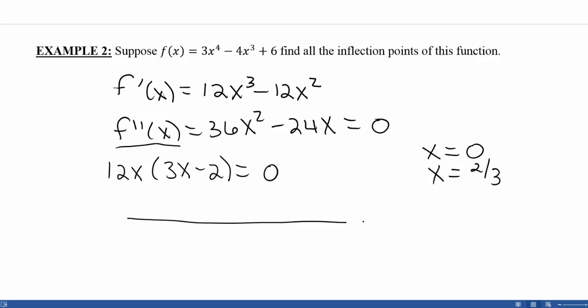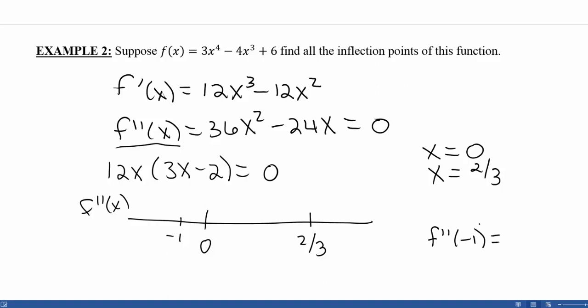So what that tells me is that the intervals that I need to consider for where my sign is possibly going to change is from -infinity to 0, from 0 to 2/3, and from 2/3 to +infinity. So I want to test out some numbers to see what the sign of each of these intervals is going to be. So I start by testing something a little bit to the left of 0. So again, I'm going to plug that into my second derivative. So if I plug -1 into my second derivative, I get